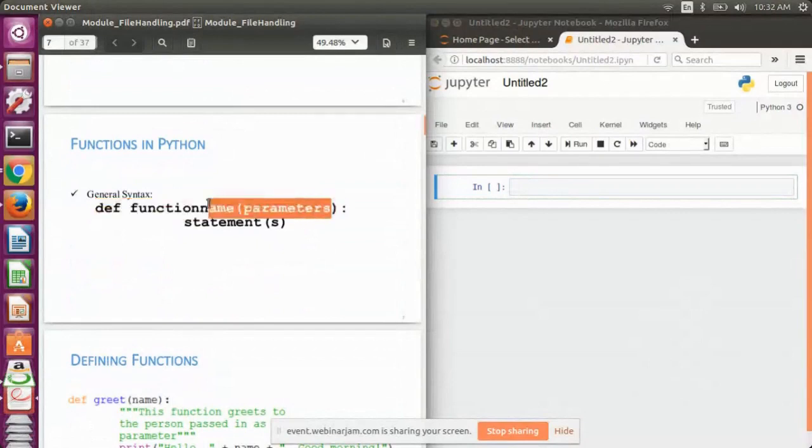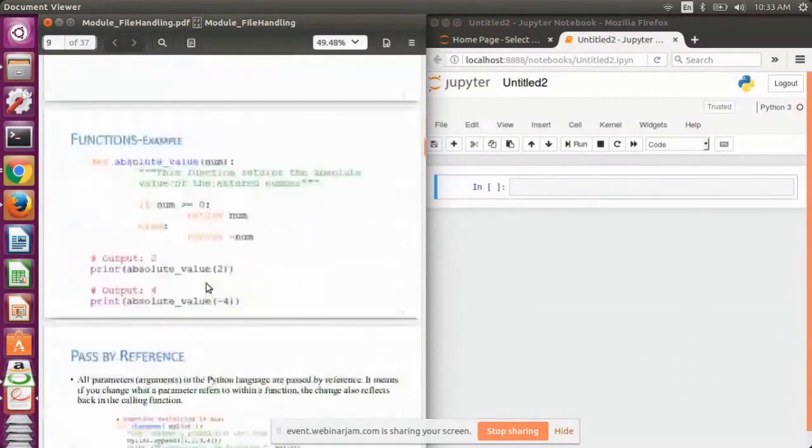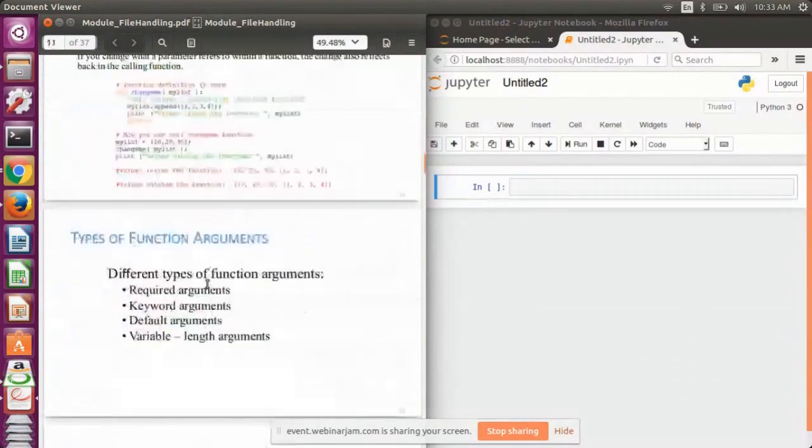This is the first statement that we need to write, and then after the colon we define the body of the function, which is optional. If you do not have any body, that means you do not have any definition for a function, then just write the keyword pass. If you have, then define the body with an indented space. Then we talked about some examples, how we can use the functions and how we can define the functions.